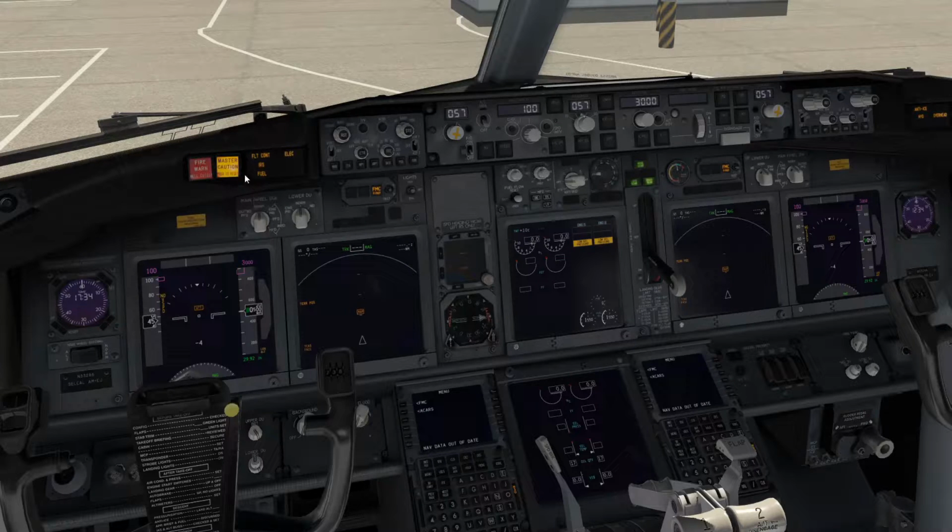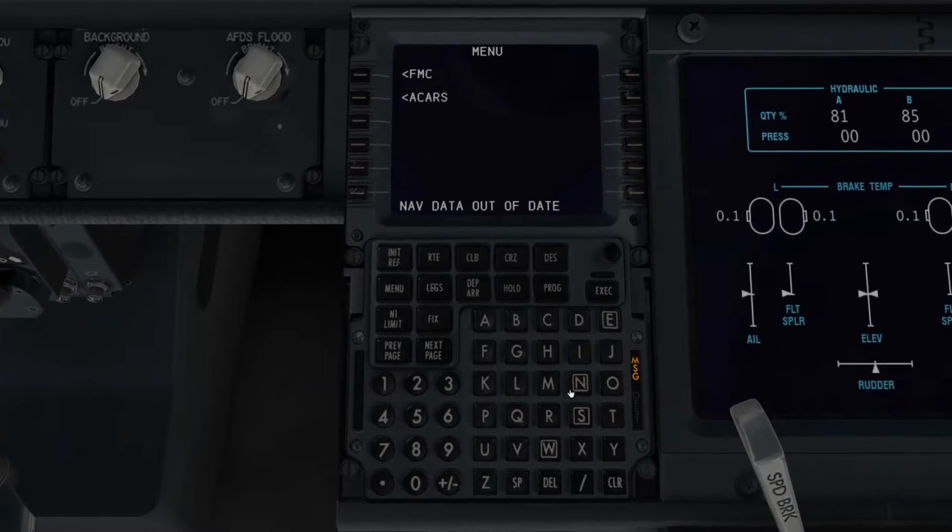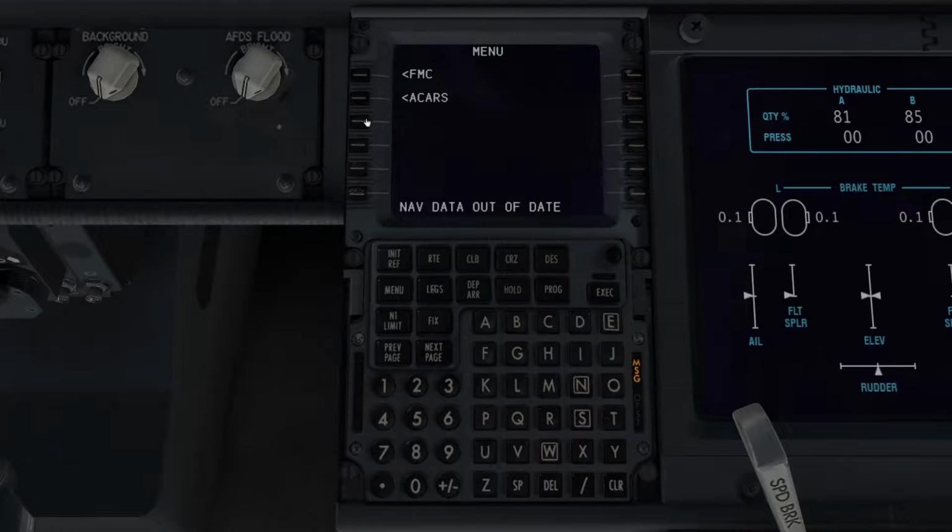come down to program the FMS. I'll cancel the cautions for now. And I'm going to display system just to have the hydraulics up. We'll program the FMS. Nav data out of date. Okay. First thing I'll actually do is go to the ACARS and send off a request for an ATIS here in Toronto. While we're waiting for that,